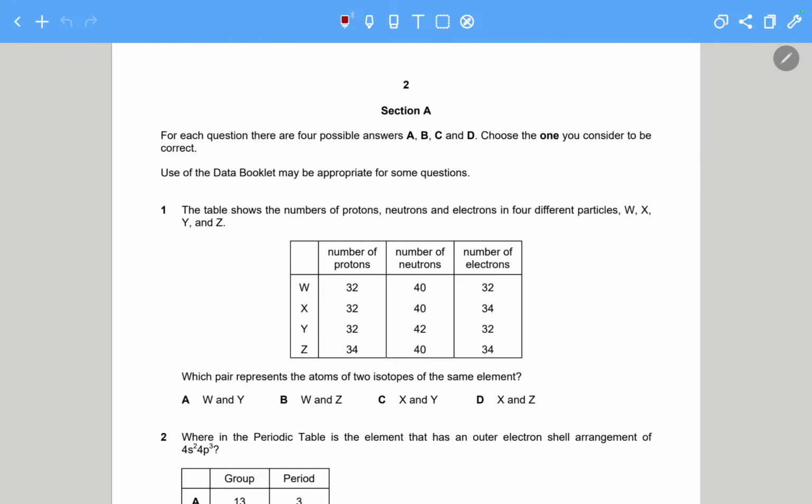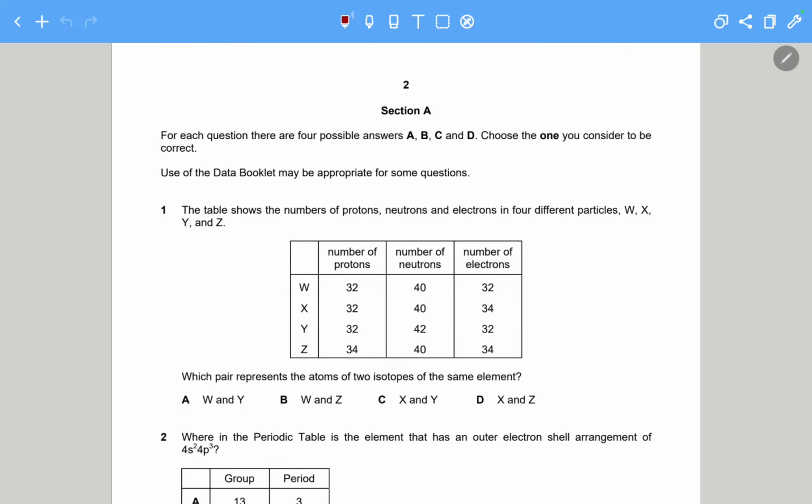Now, one of the main things that you should remember is that reading the question is probably the most important thing. When I used to practice for this paper, I used to make the mistake of reading the questions too quickly, and then I'd miss out some important detail and I'd make some silly mistake. So if you can minimize the number of silly mistakes you make, you can actually get a very good score